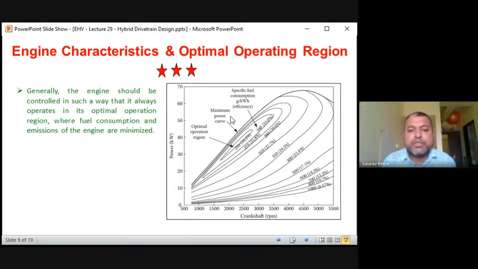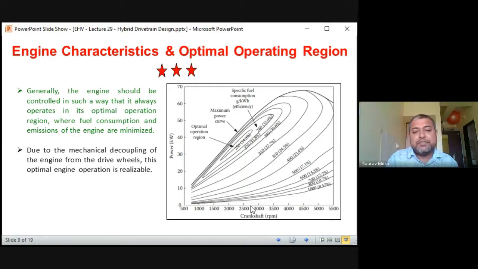So these are very important points we have to understand. The vehicle has to run with this ratio in mind: 5500 is the maximum speed, and 1500 to 2500, or 2600, is the range in which we should drive the vehicle. That means almost 30 to 45% of the maximum speed.